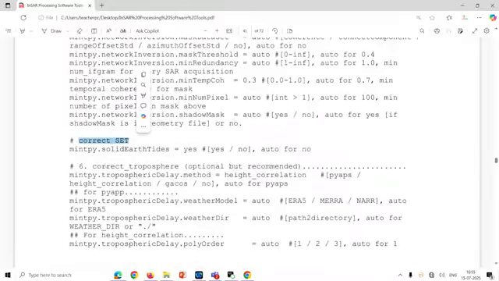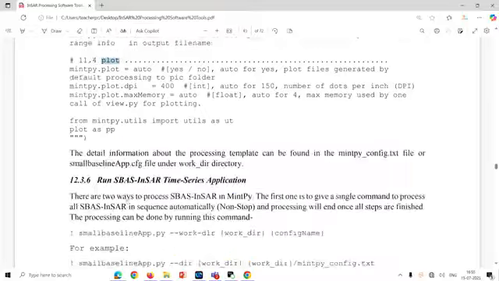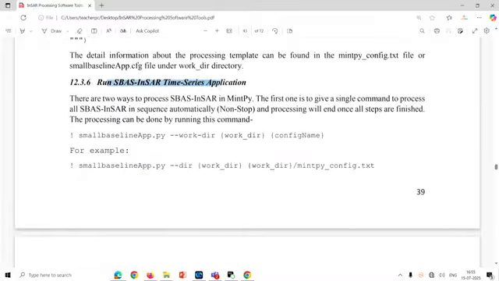These are parameters basically. So in a single cell you have to process. Then geocoding, Google Earth KML file generation, then HDF-EOS file generation, and then plotting. Okay, so all the parameters you can run. Then run the SmallBaselineApp time series by running this particular command. A single command is sufficient, you can finish all those things. But if you want to process all those 12-13 steps one by one, so for that